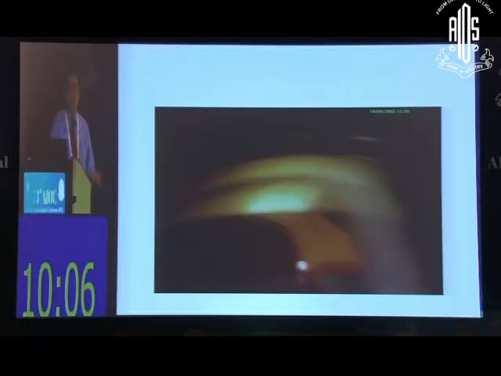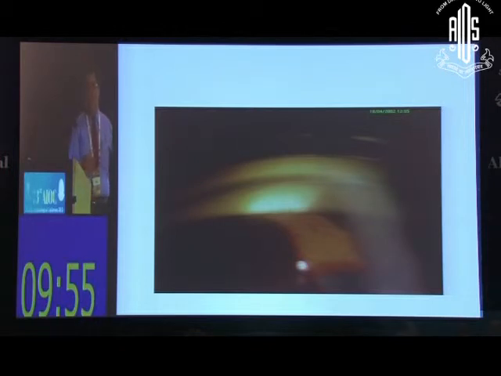What we have done here is we have increased the light. We increased the light, and now the angle, where nothing was visible, shows some angle structures. So probably now a grade 2 angle here. This is known as manipulative gonioscopy, where you are using the light of the slit lamp. This is also known as the on-off effect. See it again. This is with the bright light, grade 2 angle.